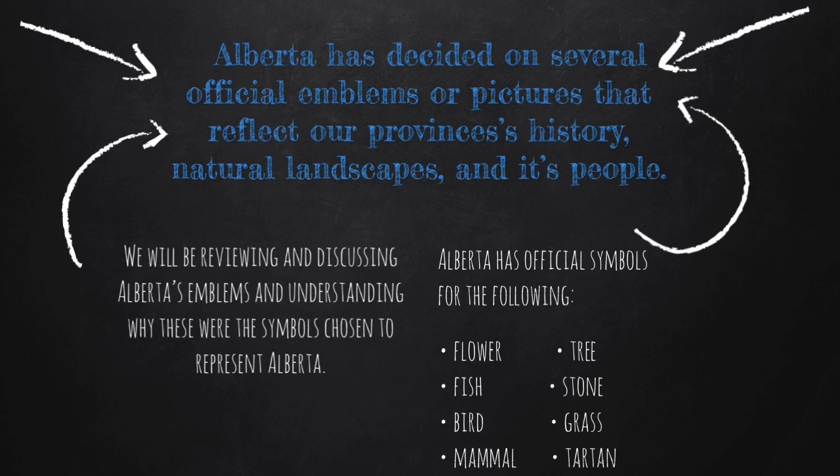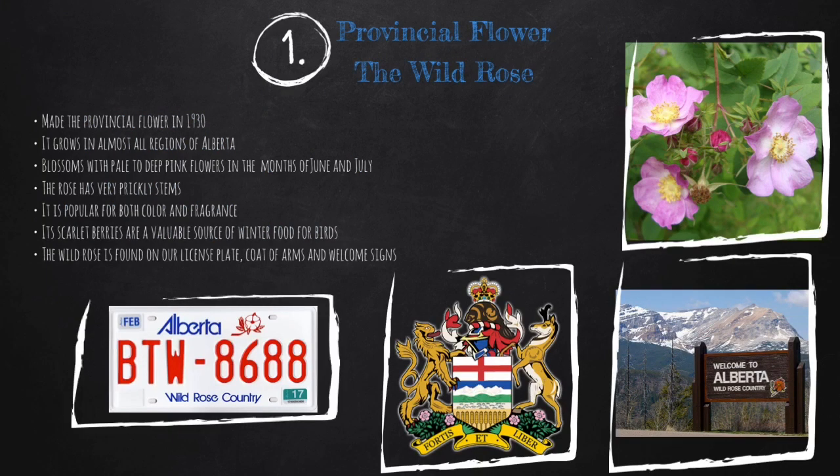Tapestry of colors in the fall. Snow-covered mountaintops, wheat fields, canola crops. Alberta has...